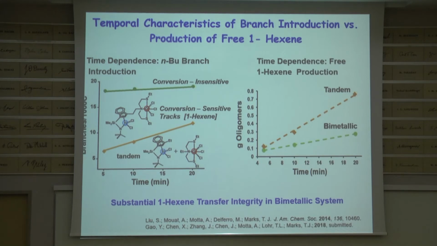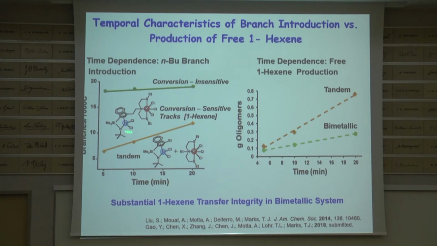So now a kineticist would say, well, what about the temporal characteristics of the selectivity you're seeing? So here's the tandem. Remember, as the catalyst is turning over, one part of the tandem is making 1-hexene. That's a little machine to make 1-hexene. Another is making polymer. And this is branching in the product per 1,000 carbons. And what's amazing, for the tandem, it goes up because that little 1-hexene machine is filling up the reaction solution with more and more 1-hexene.